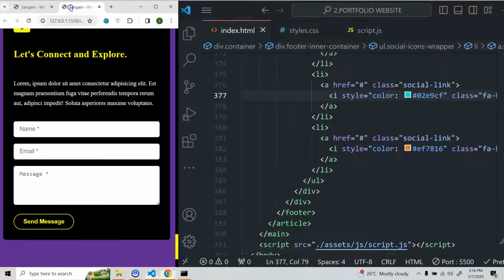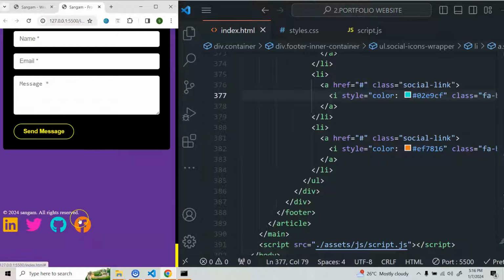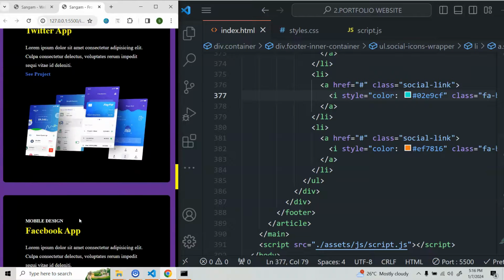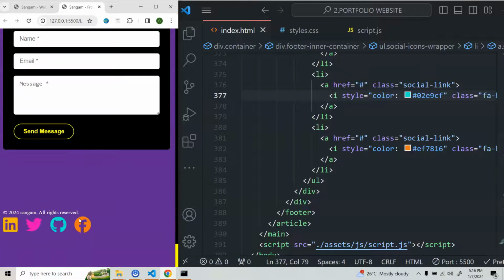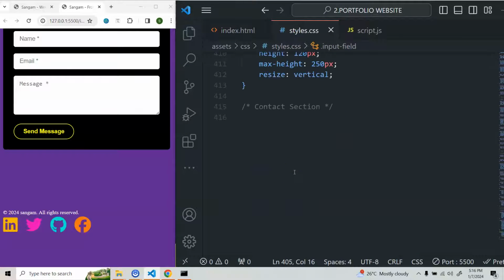And that's it. So now let's go here. You're getting all the icons, and that's all about the structure that we need. Alright, so now we'll style this one. Let's go here. The first thing we can do is